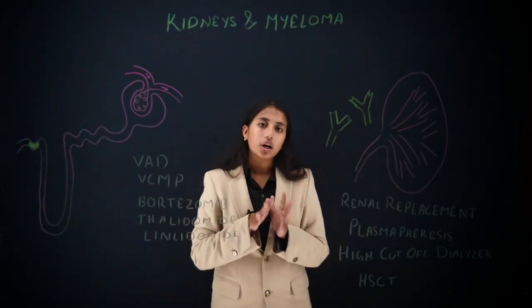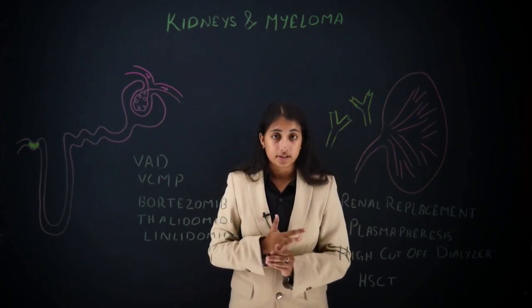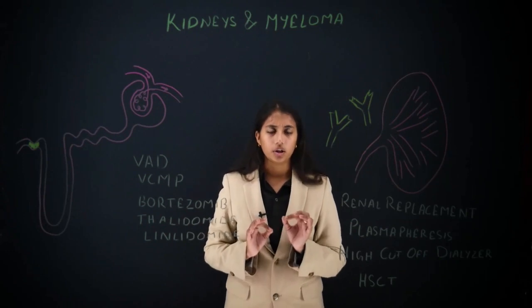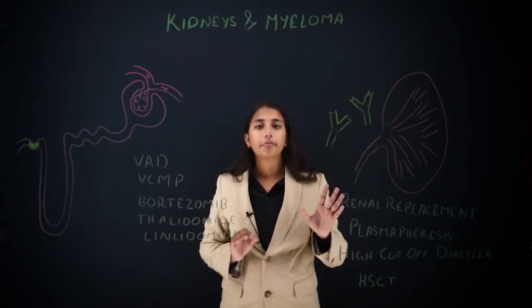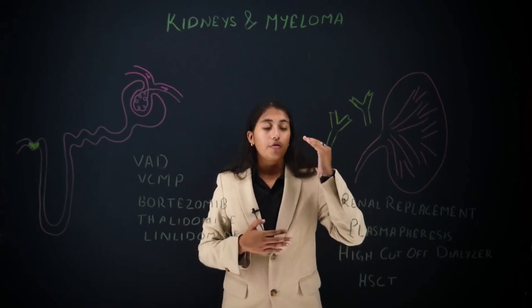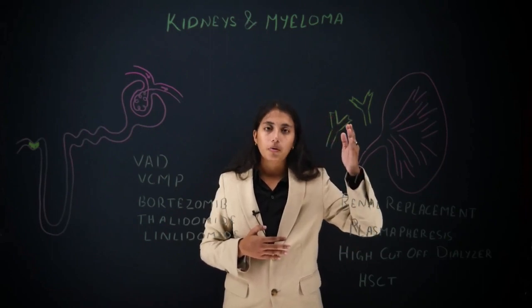Things can go drastically wrong if complications like chronic kidney disease or sepsis or Fanconi syndrome occur. But there is a silver lining in the cloud: about 80% of patients with renal involvement in multiple myeloma can recover their renal function within 3 weeks if the concentration of light chains or the abnormal proteins is